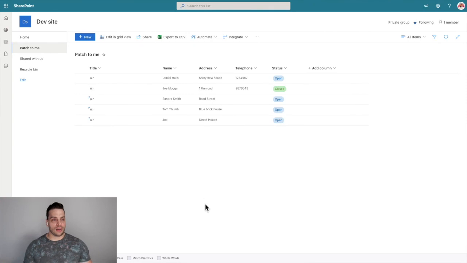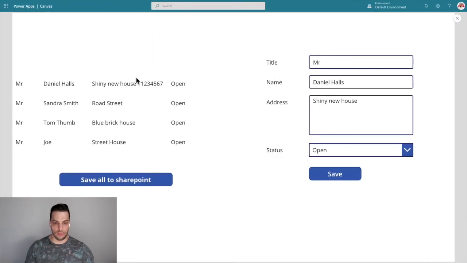So what we'll do now is we'll go across to SharePoint and ta-da, we have got Mr. Daniel Halls is now in a shiny new house. Mr. Joe Bloggs is still in there, closed. Sandra Smith, Tom Thumb, Joe. And we can do this in lots of different ways. What might be nice now is actually if I said to this, let's take Mr. Daniel Halls and let's make his record closed. Save, that's closed it in my collection, send to SharePoint. Run through my patch,